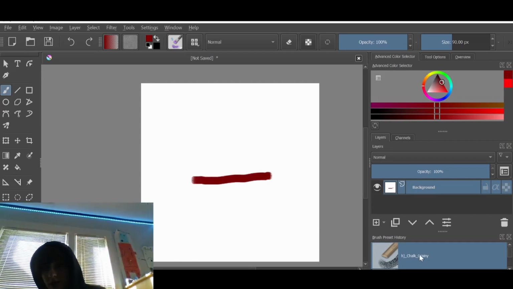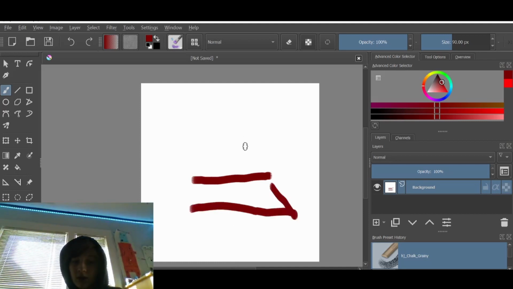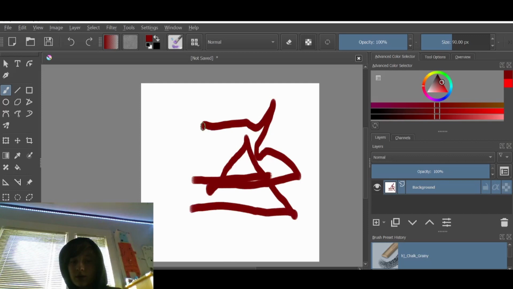So I'm currently using a chalk brush. This is from a pack I actually put into Krita, not a default brush. So if you want to get a brush that looks super cool like this, it is laggy currently because I'm